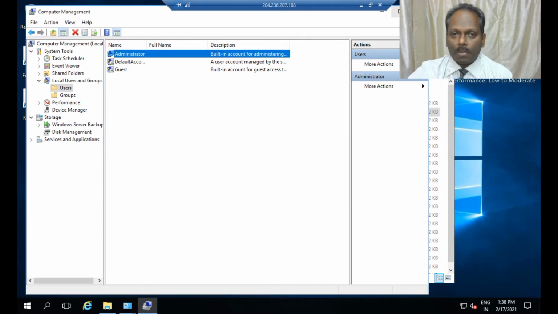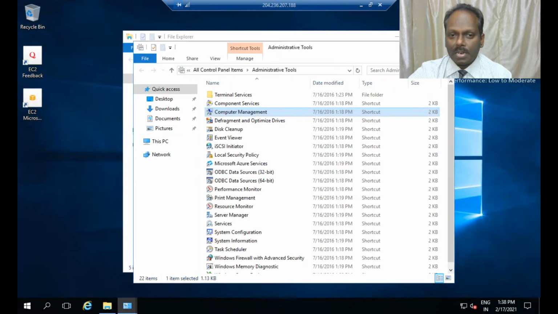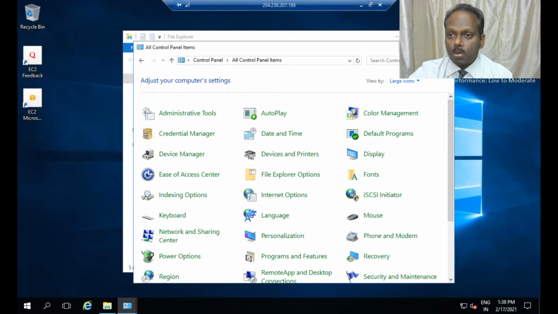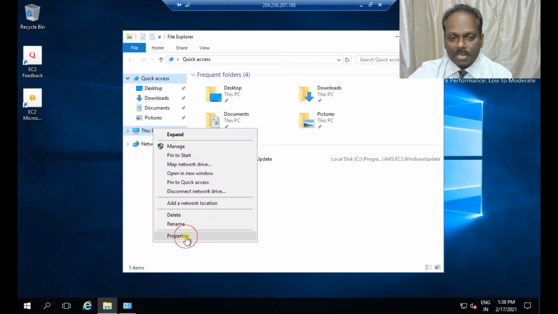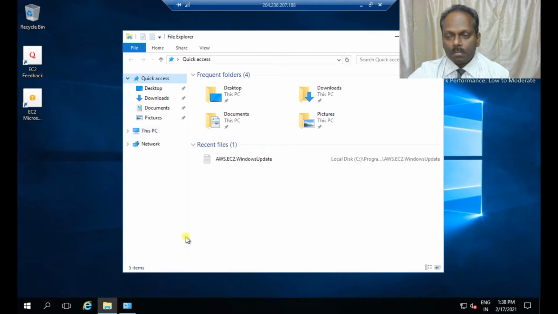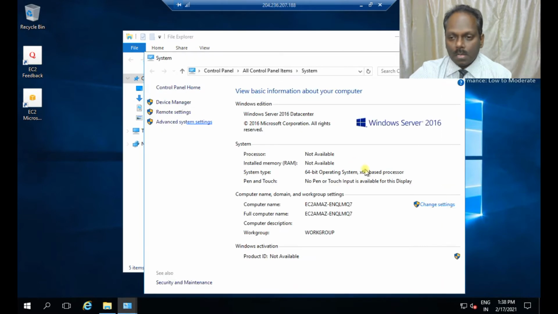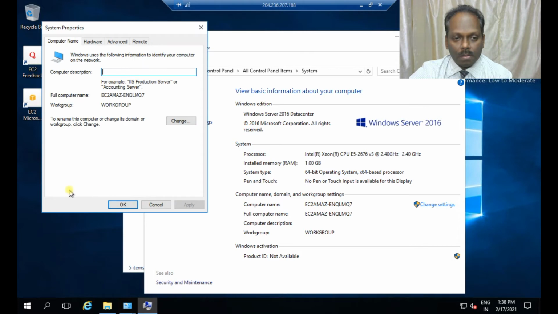Done. I'm closing this control panel in computer management. Now the most important thing is how to set my host name. Here in this PC, go to properties, change the settings, and change.